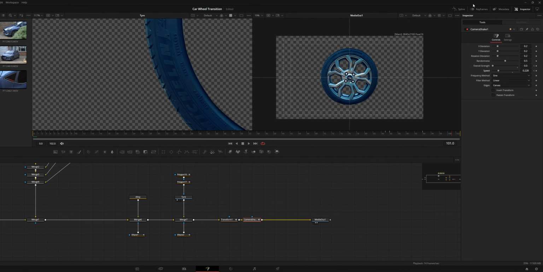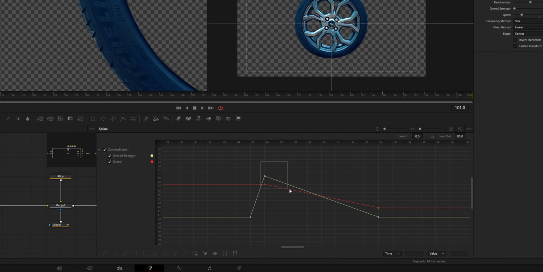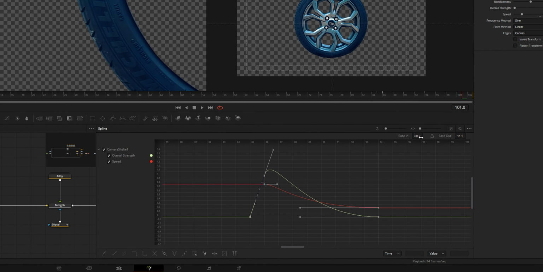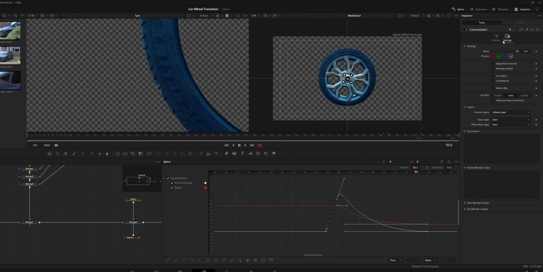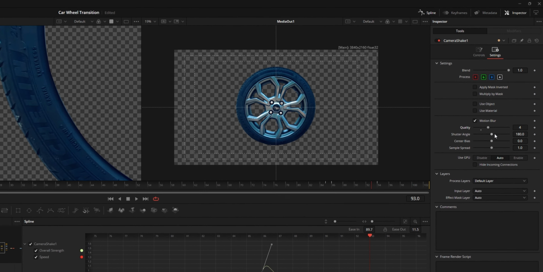Then what I'm going to do is go back into the spline. On the keyframes that we've just made for the camera shape, I'm just going to make this into a nice ease out, and in the settings in the inspector I'm also going to add some motion blur. Basically what I'm trying to mimic is the wheel actually attaching itself to the car, and this will be a fantastic point to switch to the actual